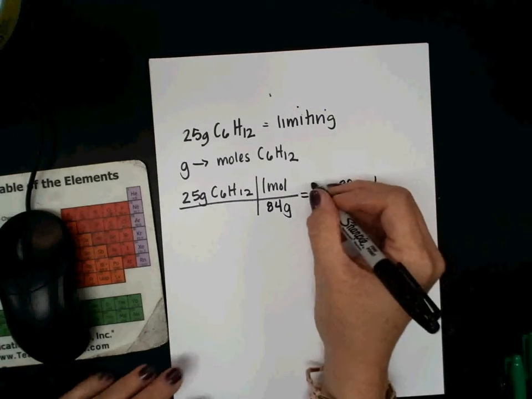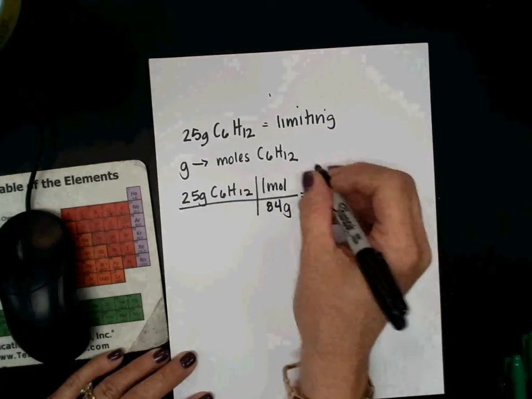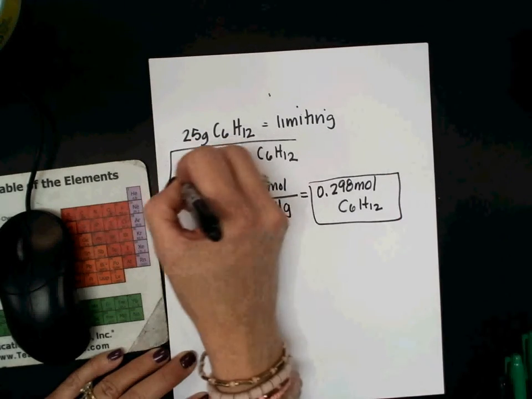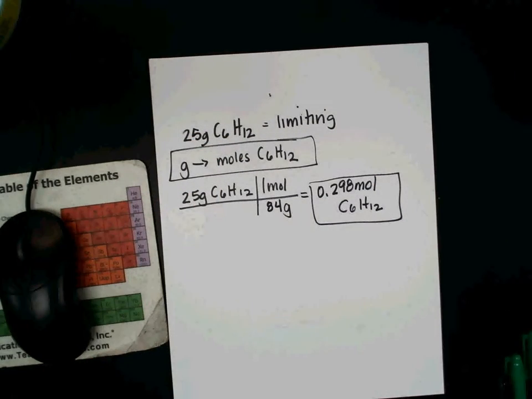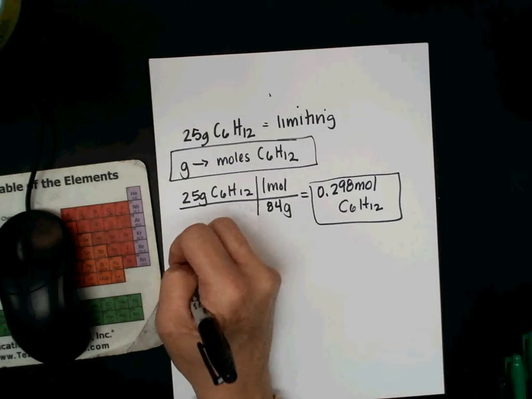Now make sure you agree with that. Yes? So I have 1 yes, I have 2 yeses now. Well, that's good. Fairly likely. Alright, so now I have moles of cyclohexane. I want to know about adipic acid. So I have to use my mole ratio. So I'm going to go moles